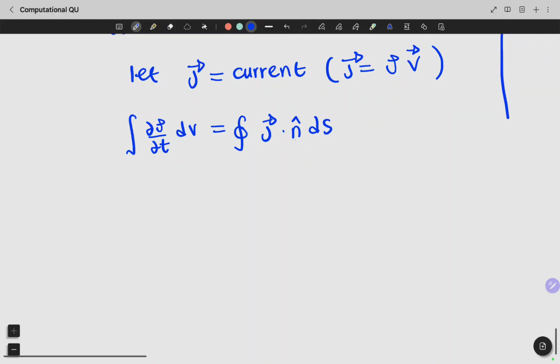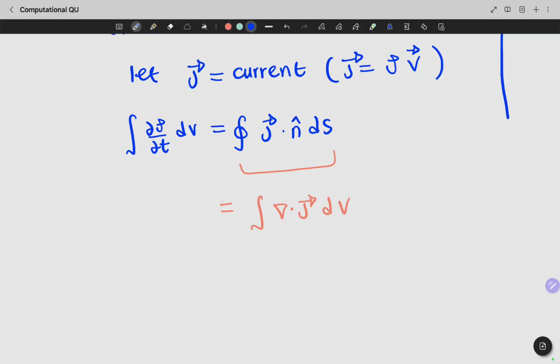Now we apply the divergence theorem to this. You already know the divergence theorem, so this can be represented like this integral. Now instead of area we make it volume, but we have to take the divergence of j